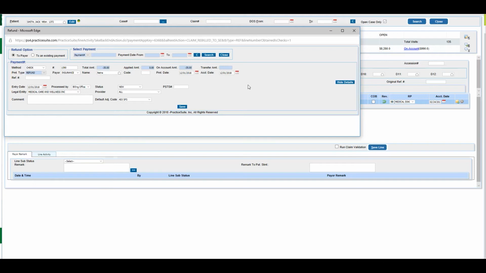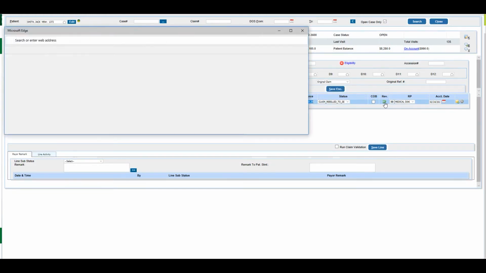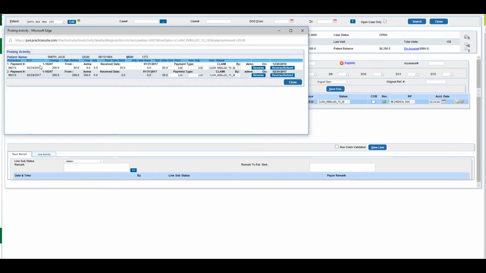Right. So once all this is entered, we can hit save, and that will reverse that amount from the line, the $35, and create a refund entry for it. So I'll hit save, that puts back the $35 into the line, and also it would have created a refund entry. So if I click on the reverse back here, you can see this was a payment that was originally applied. There's now a take back of it of $35. And if I go into this payment, I can actually see